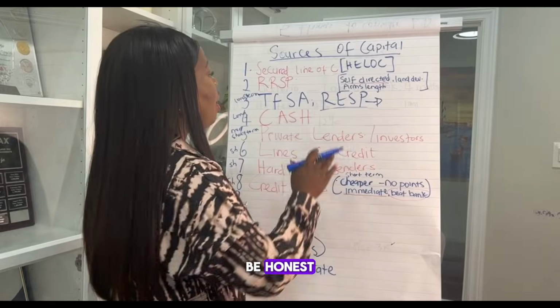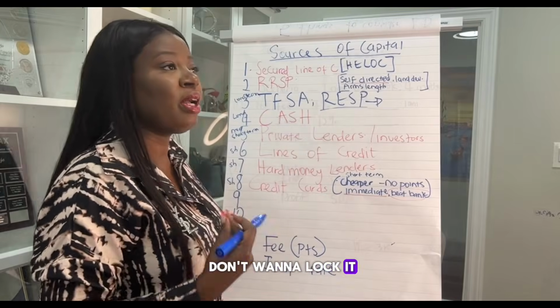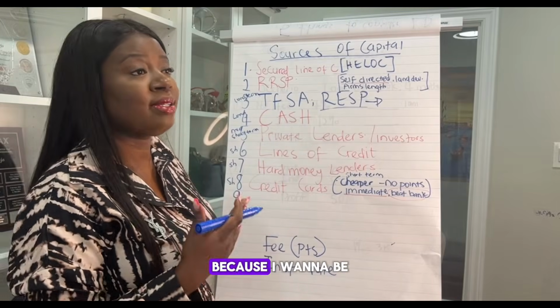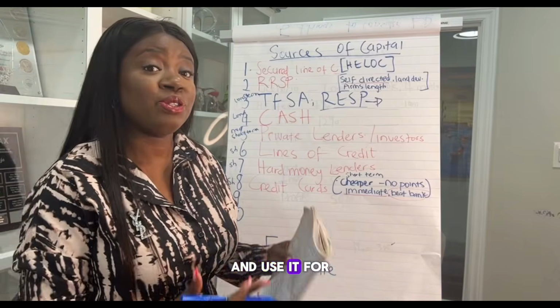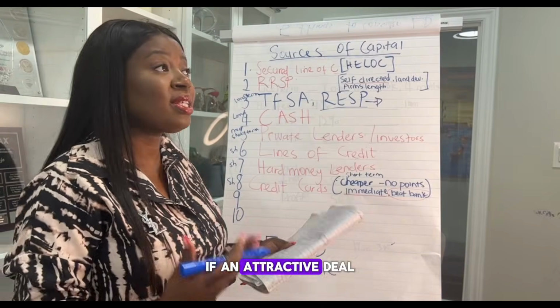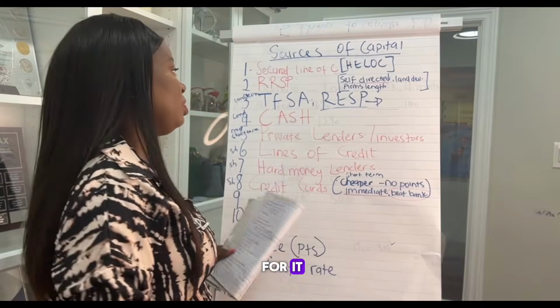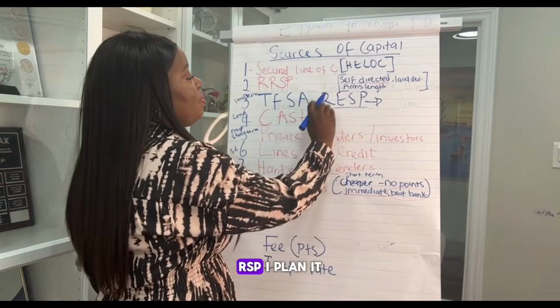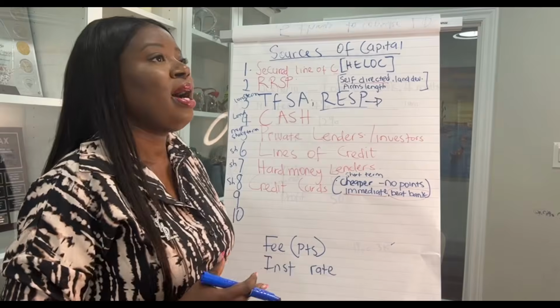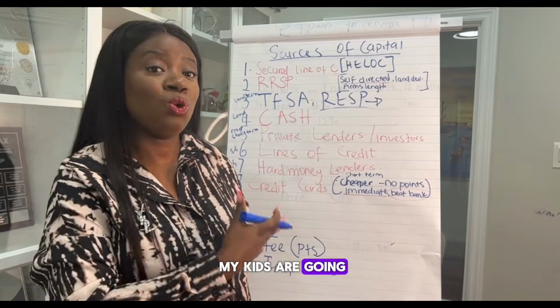To be honest, I probably don't want to lock it in longer. Why? Because I want to be able to diversify and use it for something else. If an attractive deal comes into play, I want to be able to use my RRSP for it. So with my RRSP, I plan according to the estimated time my kids are going to